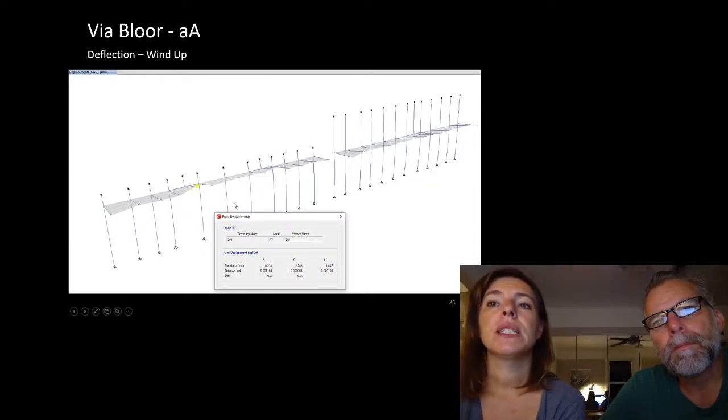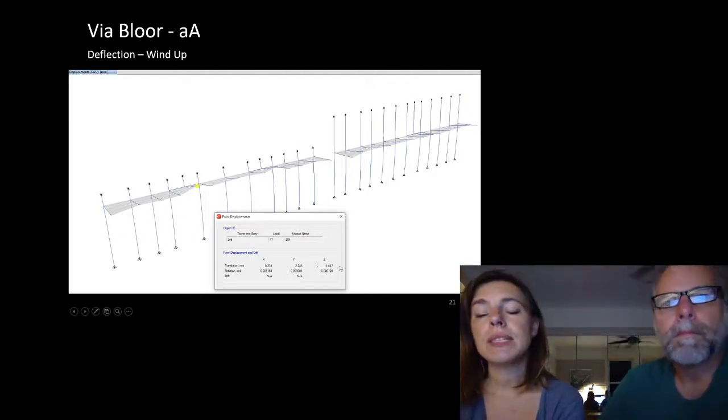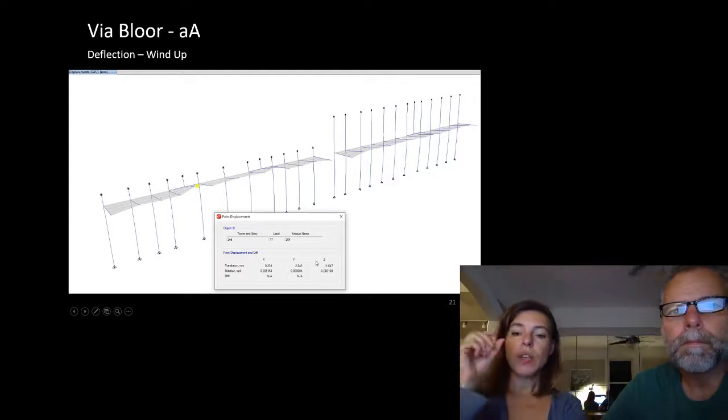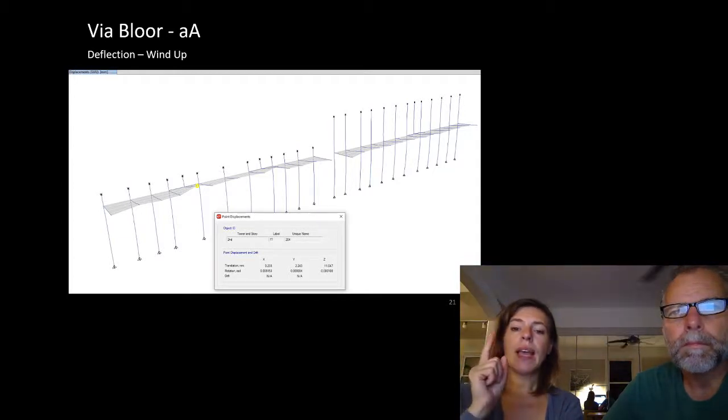Wind uplift. So here's our wind. The first one was snow, which was about 17 millimeters downward. Our wind uplift is 11 millimeters upwards. So you can see they're pretty close to each other. And once we had this working for our gravity loads and for our wind uplift, we could have added the